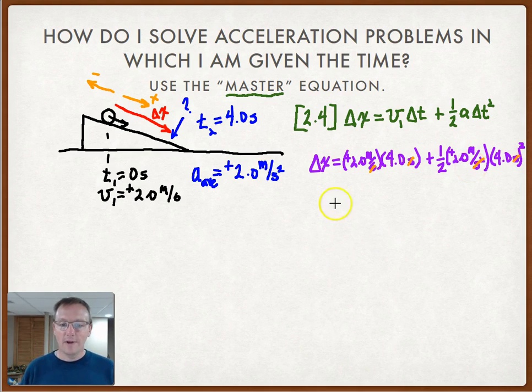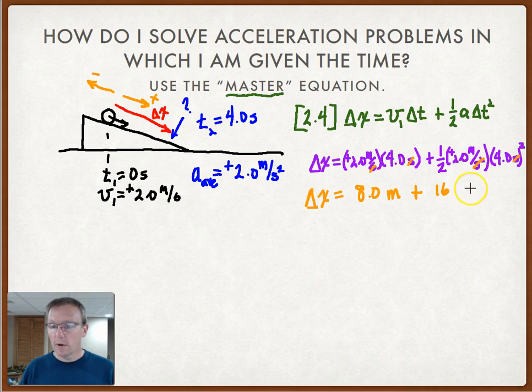Let's do the math. So delta x is equal to 2 times 4. Now there's 2 sig figs and 2 sig figs, so I'm going to go ahead and leave my answer as 2 sig figs. So that's 8.0 meters plus, what's 1/2 times 2? That's just 1. And then 1 times 4 squared, so that's 16. So I end up with 16